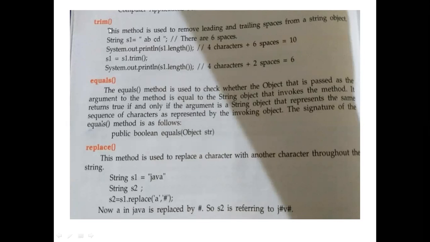Next is the trim function. This method is used to remove leading and trailing space from a string object. सो ये स्ट्रिंग का लेफ्ट एंड राइट साइड का व्हाइट स्पेस हटा देगा। देन स्ट्रिंग s1 इज इक्वल टू " ABCD ", इस A के पहले एक स्पेस है, D के बाद एक स्पेस है, इन बिटवीन भी स्पेस है। सो देयर आर 6 स्पेसेस। System.out.println(s1.length()), लेंथ ऑफ द स्ट्रिंग, 4 कैरेक्टर प्लस 6 स्पेस दैट इज 10। नेक्स्ट इज s1 इज इक्वल टू s1.trim(), यहाँ पे हमने ट्रिम फंक्शन यूज किया है, तो ये s1 को प्रिंट करेगा। अभी s1 ट्रिम करने के बाद कितना हुआ, देखो 4 कैरेक्टर प्लस 2 स्पेस।